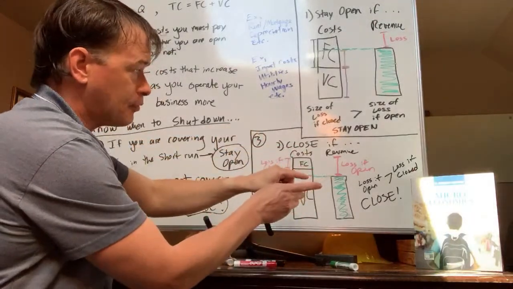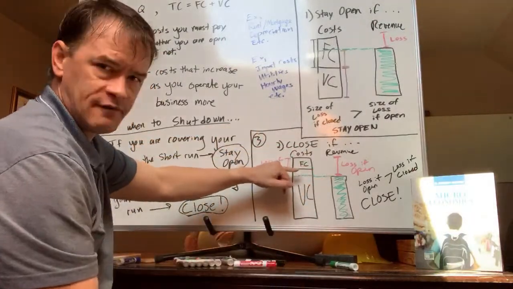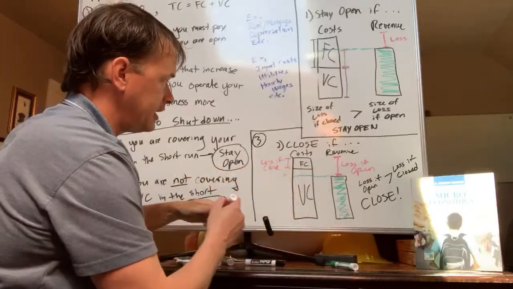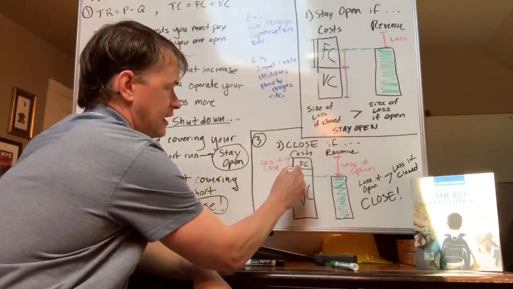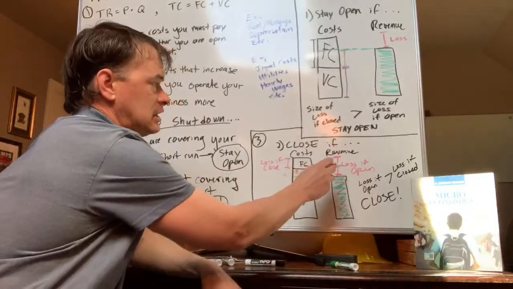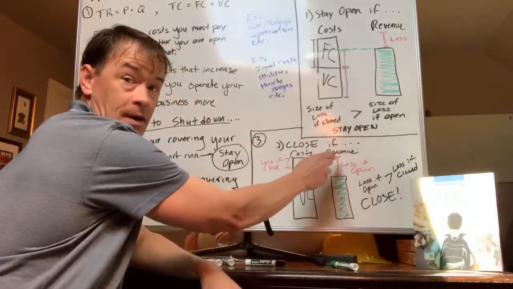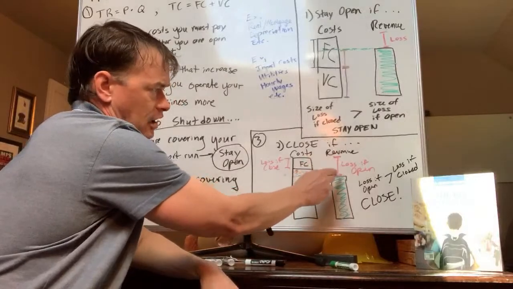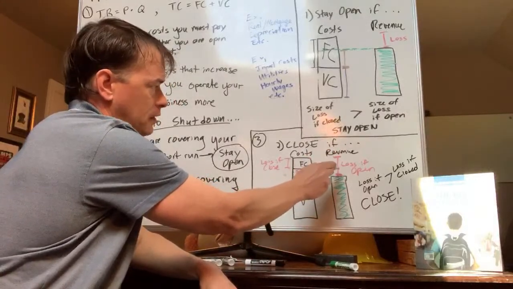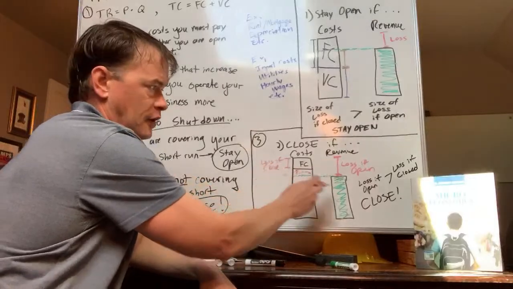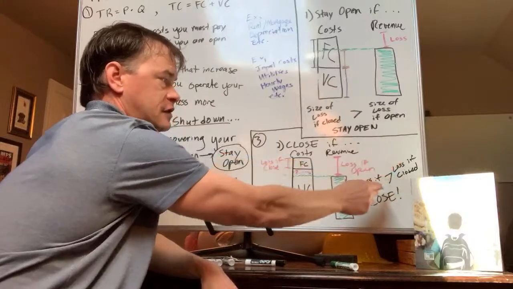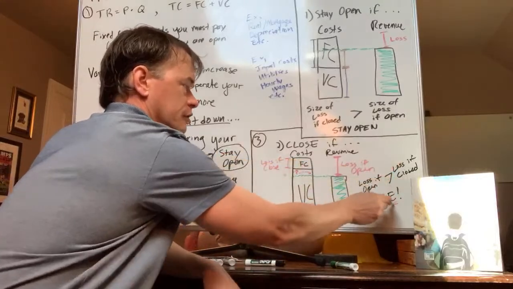If I keep operating every day I'm open, every week, however timeline you want to do here, I'm inheriting this much more cost by staying open. So my loss is actually bigger by being open. You're going to have a loss either way. Strange times, right? My loss is actually bigger by being open than it would be if I closed. So your loss if open is greater than your loss if closed. You should close.